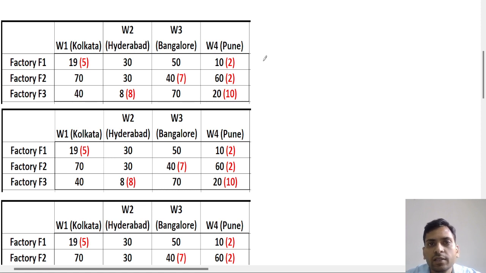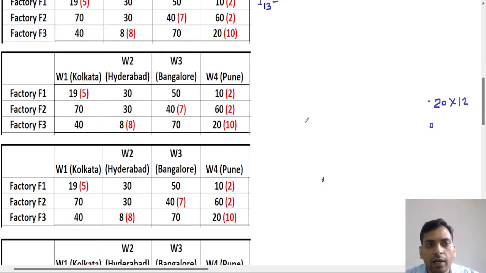So for this block the incremental cost is I12. For the second one, this cell, first row, third column, this is I13, and for the others this location is I21,